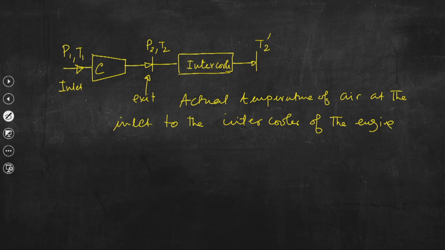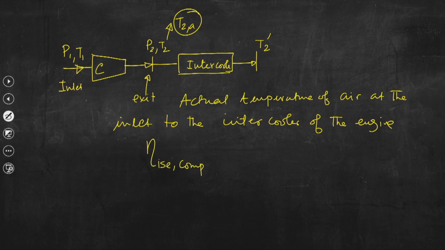We have calculated T2, but the actual temperature would be T2 actual, because we have estimated T2 assuming isentropic compression, but in a compressor the actual compression process will not follow the isentropic one. So, we know the isentropic efficiency